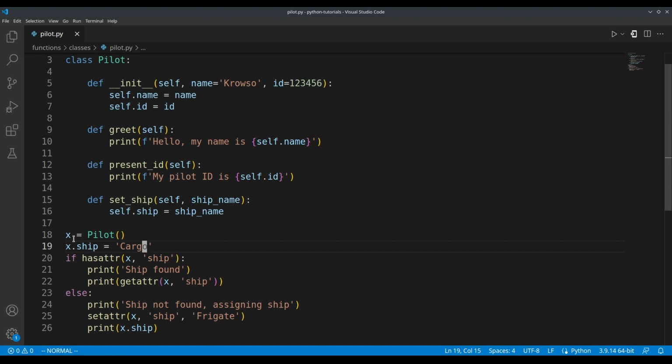This is particularly useful for when you're dealing with objects that can have varying amounts of data, like they can be very, very different between each other, and they won't have the exact same things. They might have some base information that all of them share, like with pilot, they could have name and ID and ship and whatnot. But then there could be other pieces of information that one pilot may have that another pilot may not have. And if you got two pilot objects, one that's using all those variables and another one that's not using all those variables, that's kind of a waste of memory because of how variables work in Python,